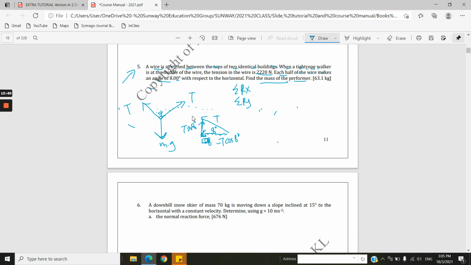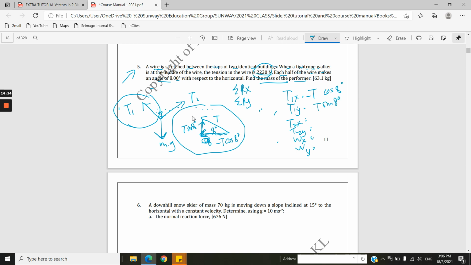So now you got this side. For this, I call it T1x, T1y, T2x, T2y, Wx, Wy. Okay, so now your T1x, T2x, yeah, T is the same value, in the same strength. So x is negative. You take this component first, resolve this component, and the x you get is negative